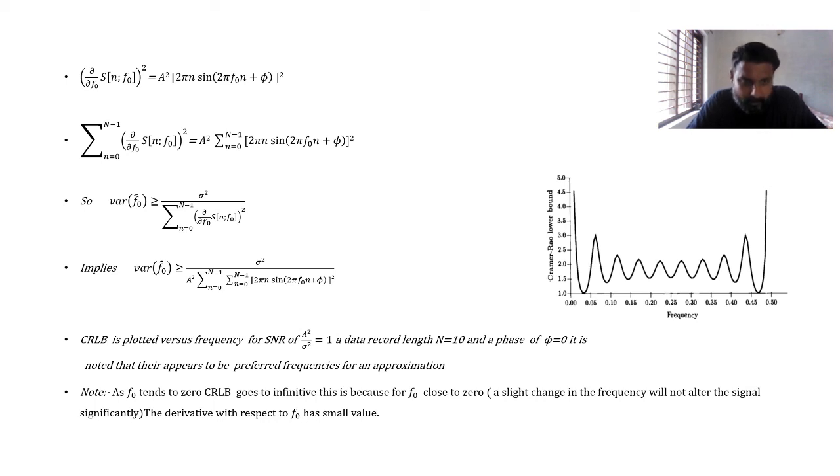So it is noted that there appears to be a preferred frequency for estimation. As f₀ tends to 0, you can see that the CRLB goes to infinity. This is because f₀ is close to 0, so a slight change in the frequency will not alter the signal significantly. So the derivative with respect to f₀ has a small value in this case. Okay,